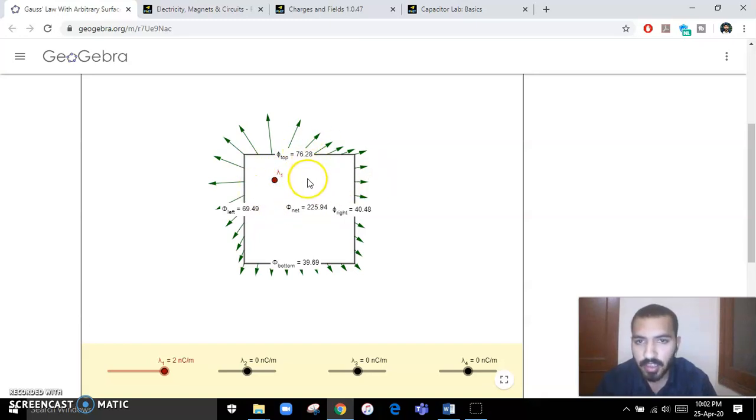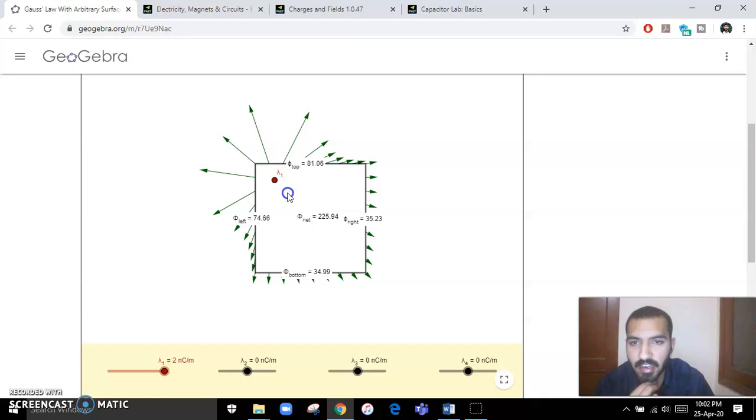This is a square block. I have explained two cases, a case of a cylinder and a case of a sphere. I have not found any cylinder or any sphere, so I just have found a square block here. You can consider it as a cylinder, like you have a round cylinder, and inside the cylinder there is a square shape area in which your charge is present. This charge is producing an electric field.